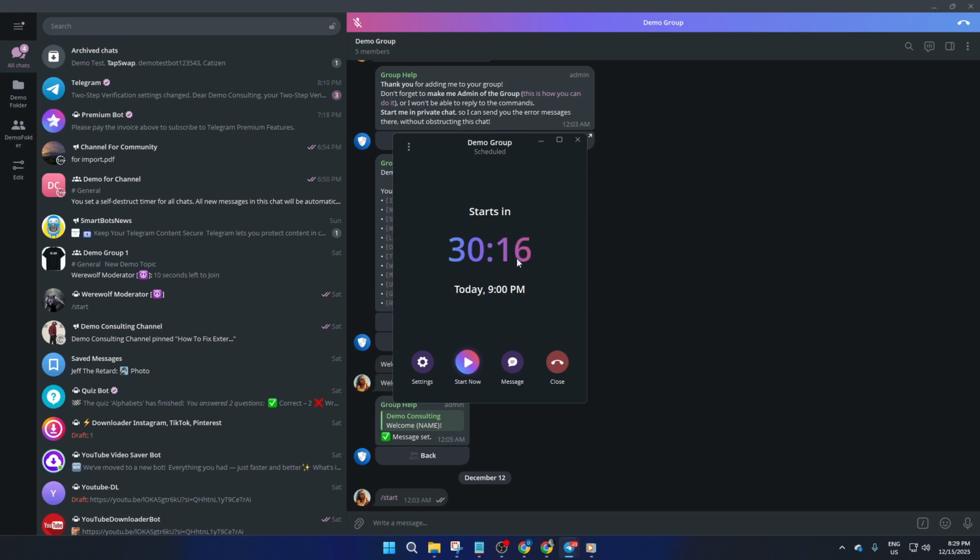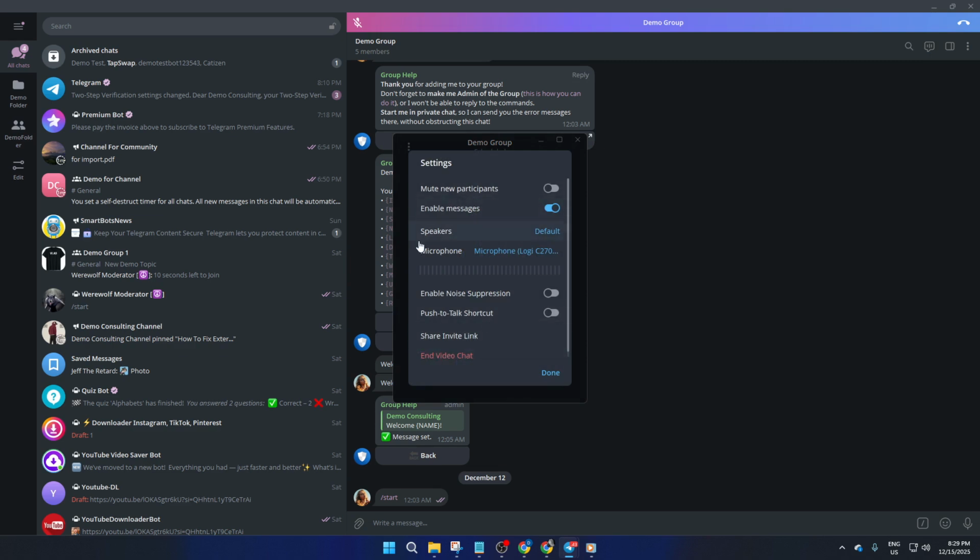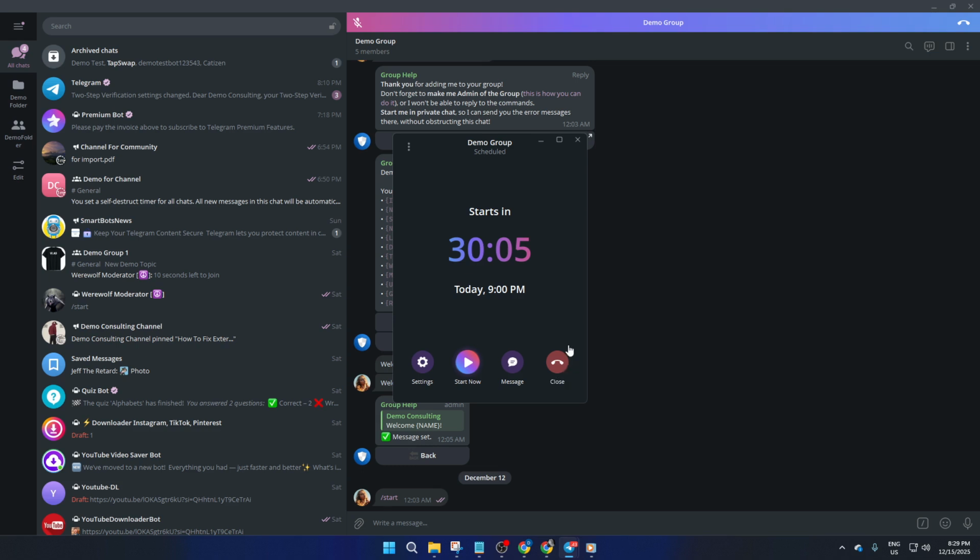Once you've selected your date and time, take a moment to double-check your choice. After all, a scheduled session means your community will see a countdown, and you want to be sure you're not surprising anyone by accident. When you confirm the scheduling, Telegram will add a colorful countdown bar right to your group or channel. This little bar isn't just pretty. It helps create a sense of anticipation so participants know when the chat starts, and you won't have to bombard